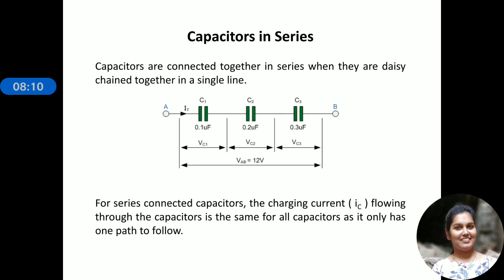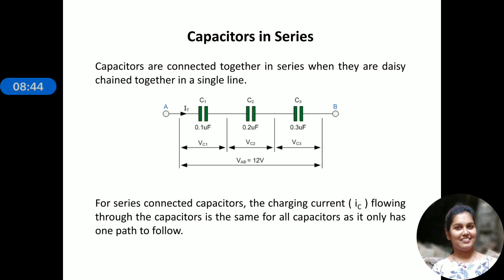Okay, till now what we got to know is that current flowing is same in all the capacitors, charge developed is same in all the capacitors, but the voltage that is developed, or the voltage drop developed across each capacitor, is different. Okay, so when we apply Kirchhoff's voltage law to the circuit, what we can write is that the sum of incoming voltages is equal to outgoing voltage. That is what KVL